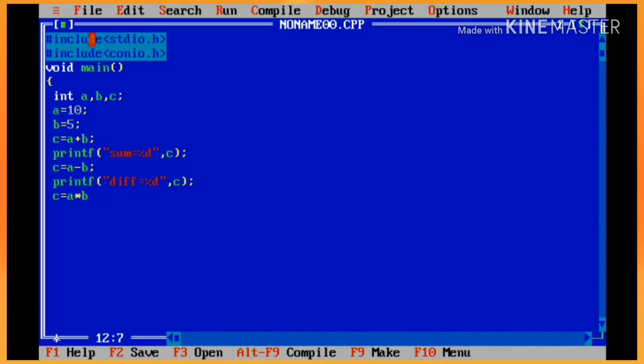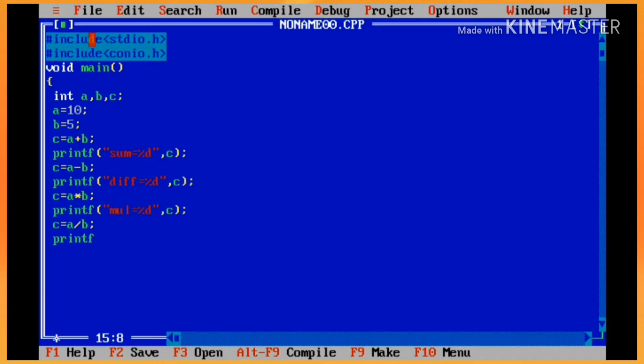Then c equals a multiplied by b, in this case we will get the result of a multiplied by b. So in the printf command we will write multiplication, and at the place of %d we will get the result of a into b. Then comes c equals a divided by b.